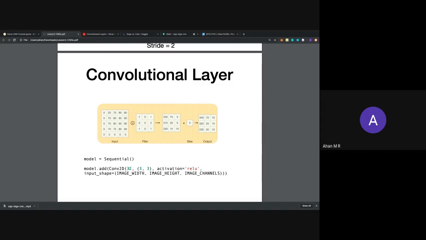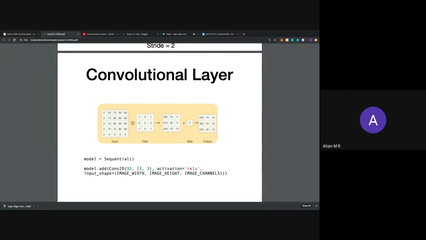But it's very simple. So 32 here represents the number of filters I'm using. If I give you a face recognition algorithm, a lot of different parameters have to be learned, right? Like the nose, the eyes, the lips, and a lot of tiny different features. So how do I learn it? I set a number of filters. Filters are basically kernels which perform the convolution, and depending on the number of filters, that many feature representations are learned by your algorithm.